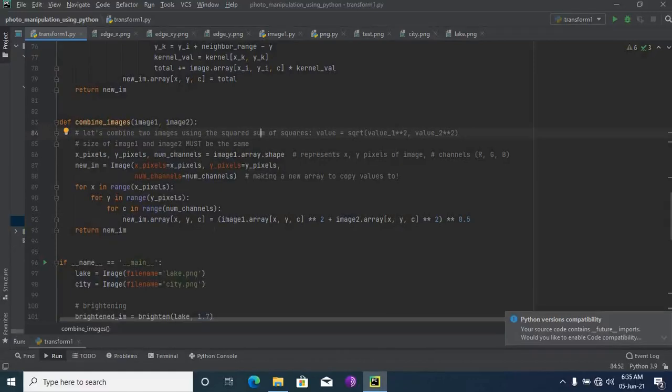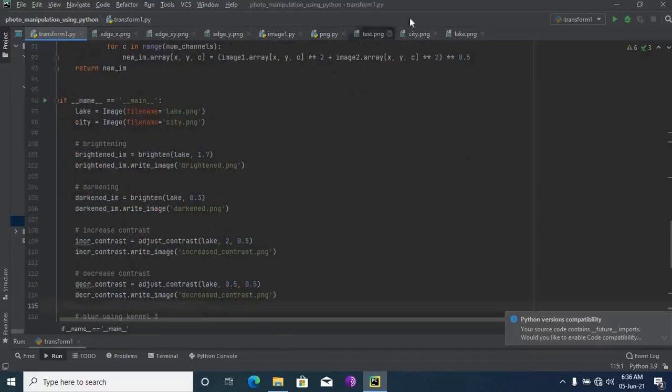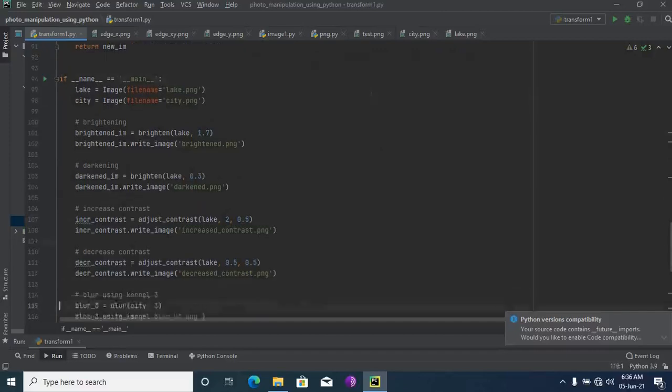Now I'm combining image 1 and image 2: image 1 array[x, y, c] squared plus image 2 array[x, y, c] squared, and I'm raising it to the power 0.5. At last, I'm returning the output.